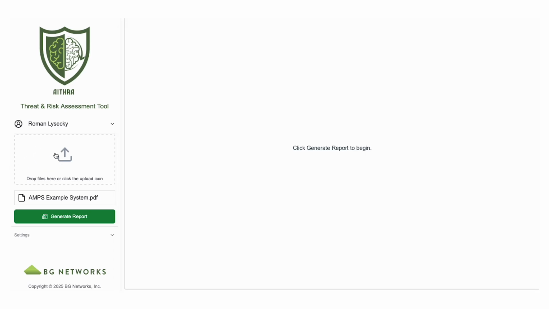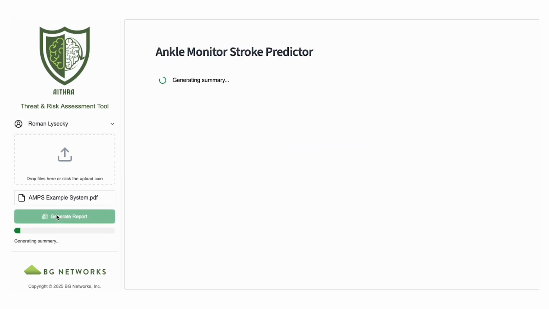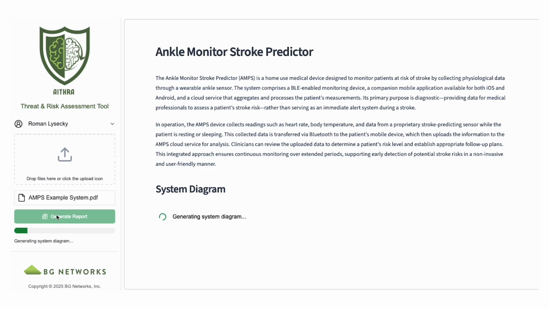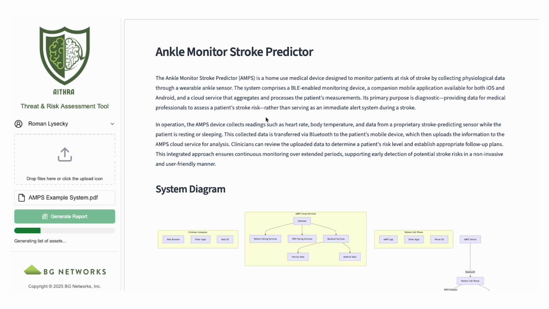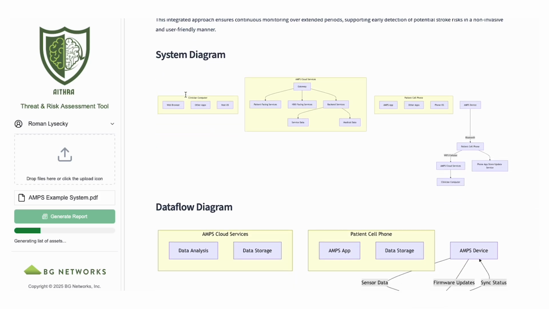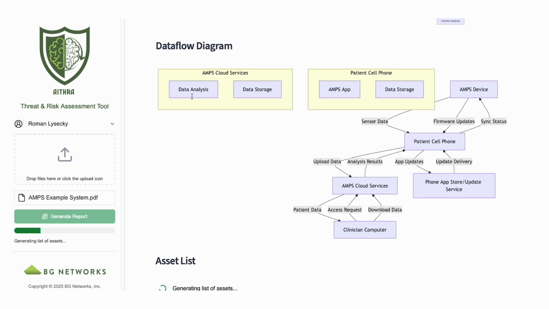Once it's parsed the PDF, we can then click Generate Report, at which point Aithra will do a systematic analysis of the threat and risk assessment following a well-defined process that we'll describe. The first step is to summarize the information that has been extracted from the description, providing a high-level summary of what the system does, a system diagram identifying the main components within the system, as well as automatically creating a